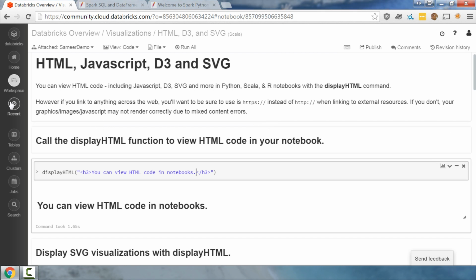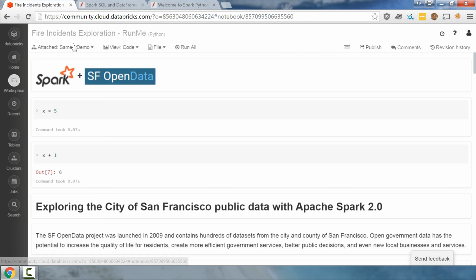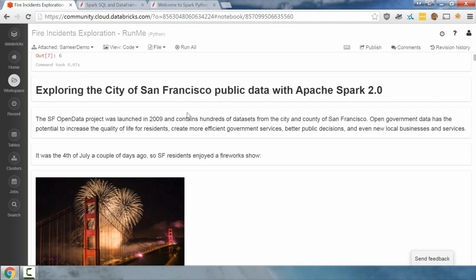To get back to the notebook I was in, on the left I'm going to click on Recent, and go to the Fire Incidents Exploration notebook. I see it's still connected to my cluster. And just to refresh your memory on what we did so far,